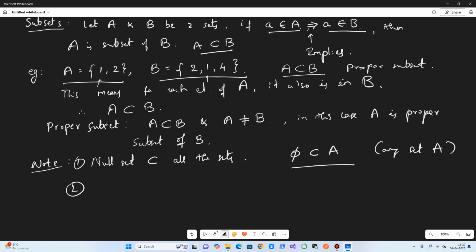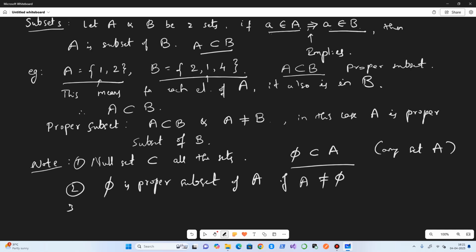The second important property is, if A is not the null set already, then phi is a proper subset of A if A is not equal to null. If A is not already null, then the null set is a proper subset of any non-null set.